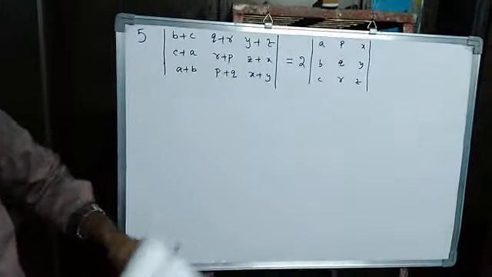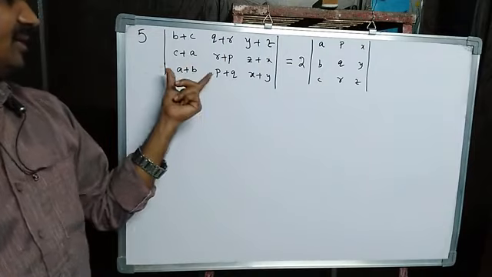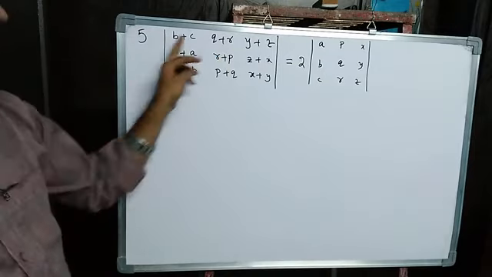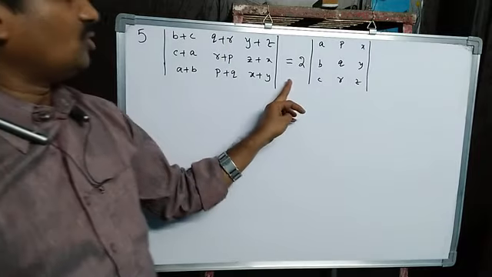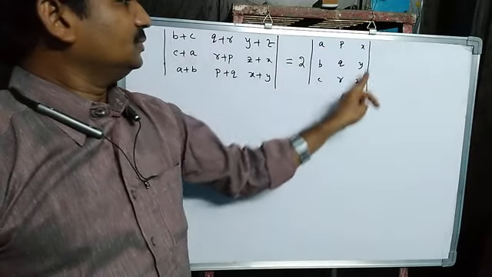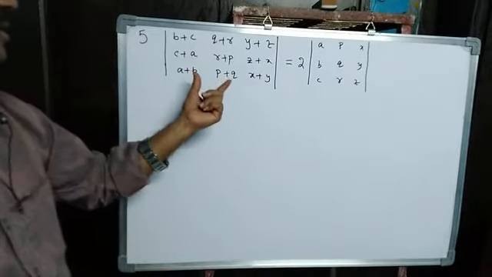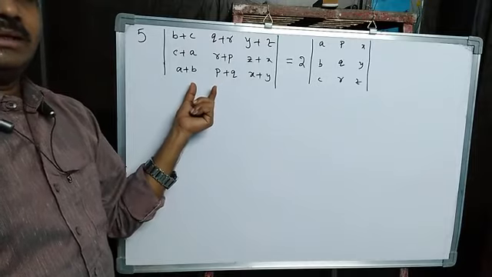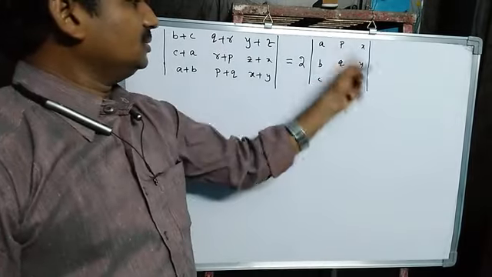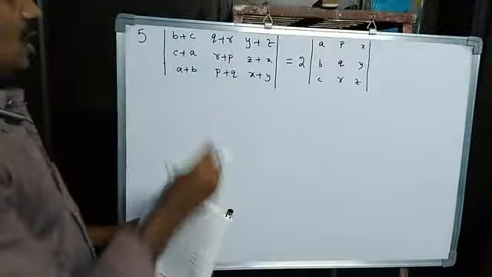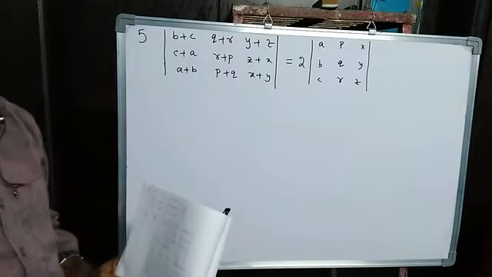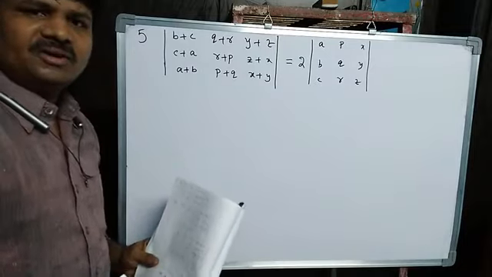So now what is given here? This determinant is given, and it has sums of two terms only. We have to prove it is equal to 2 into this determinant. For proving this, I am going to take the left side determinant and prove it equals 2 into this determinant. We cannot expand this determinant. We have to use only properties of determinants.